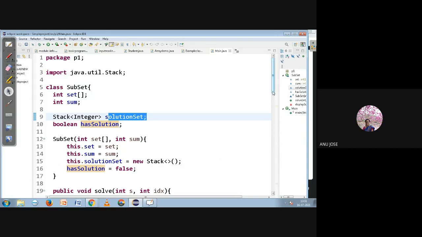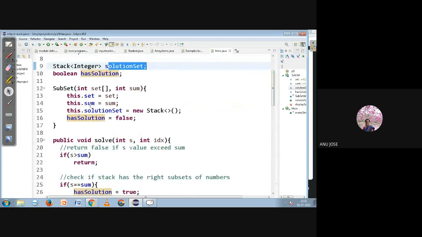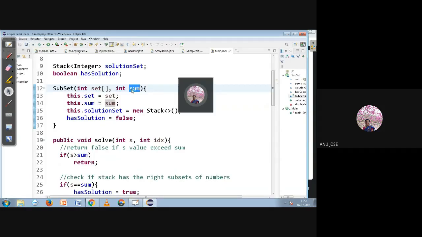When we are going into the subset problem, the constructor of the Subset class asks for the set, which is the input we are giving, and sum is the variable I am searching for.